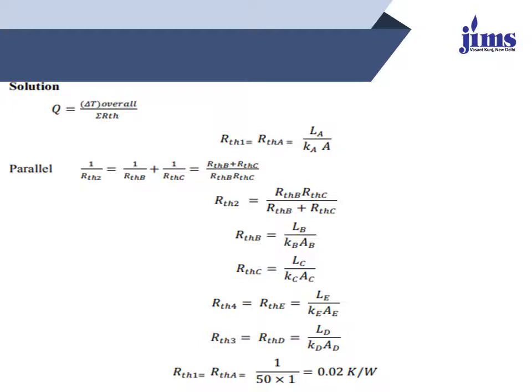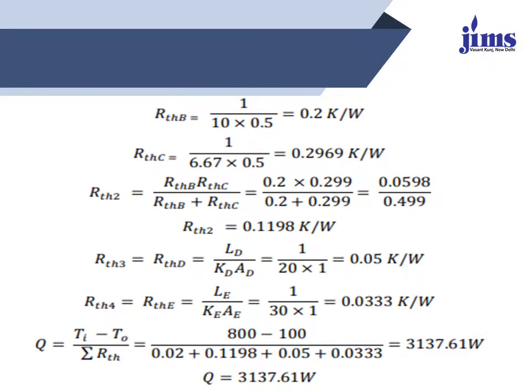the results: RTH1, that is RTHA, is equal to 0.02 Kelvin per watt, RTHB is equal to 0.02 Kelvin per watt, RTHC is equal to 0.0969 Kelvin per watt, and RTHD is equal to 0.05 Kelvin per watt. Putting all these values in our general equation, Q overall is equal to THi minus TH naught divided by the summation of total resistance. THi is equal to 800, TH naught is equal to 100 degree centigrade, and the summation of RTH is RTH A, B, C, D, and the final answer is